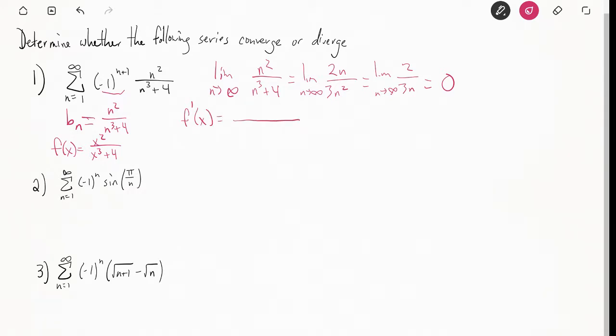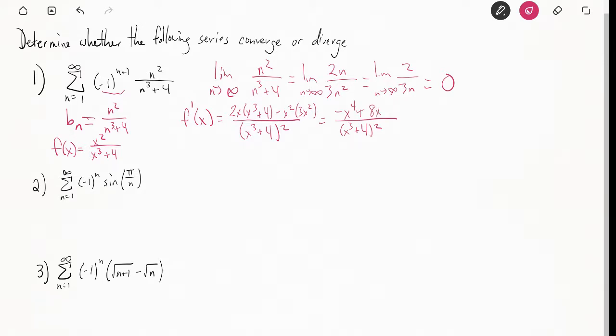So notice that becomes x cubed plus 4, the quantity squared. Up top we'll have to take the derivative, so we get a 2x times x cubed plus 4 minus x squared times the derivative of the denominator, which is just 3x squared. So this whole derivative became, what do we have here? We get x cubed plus 4, the quantity squared. So now we'll have a 2x to the 4th minus a 3x to the 4th. That's going to be negative x to the 4th, and then plus